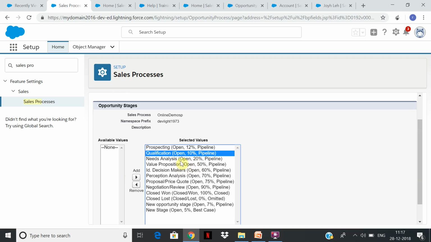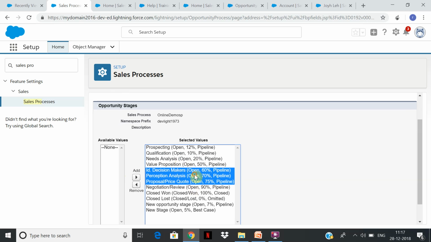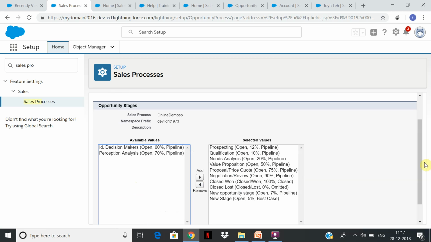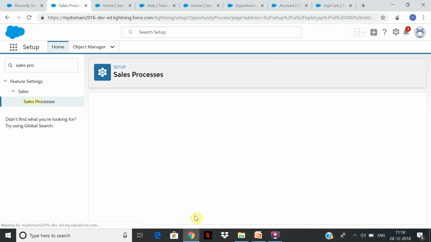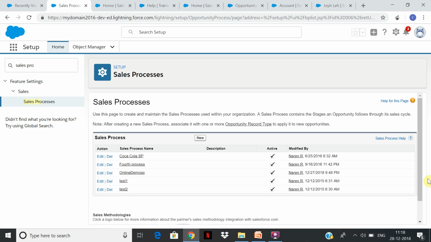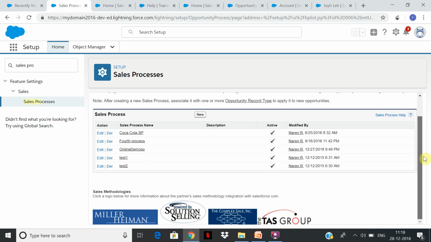and we're going to just keep, remove the ID and perception analysis, okay, and we're going to keep the opportunity stages in the sales process. Sales process affects the opportunity stages. Okay, so there are some examples here to understand how it works. So right now our online demo has got,